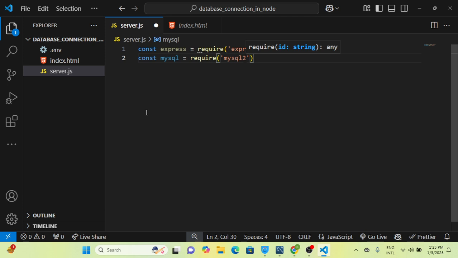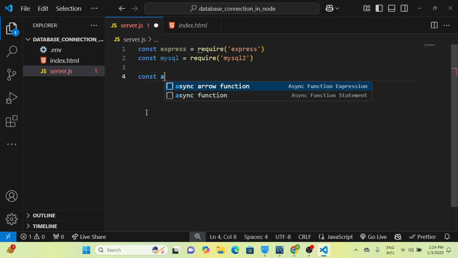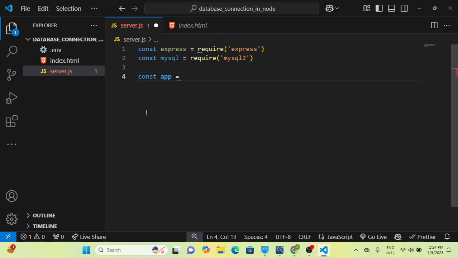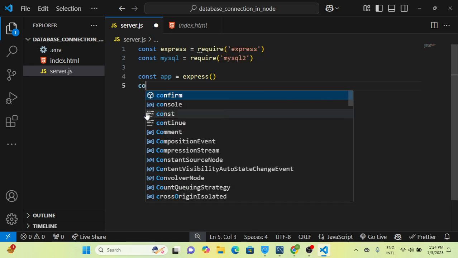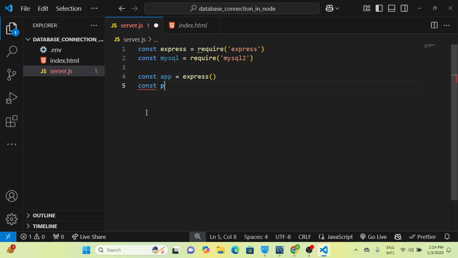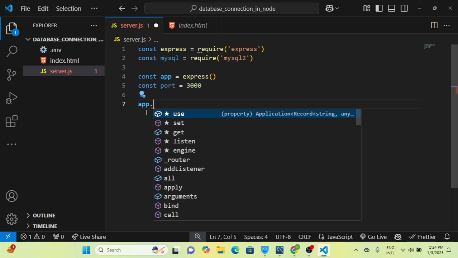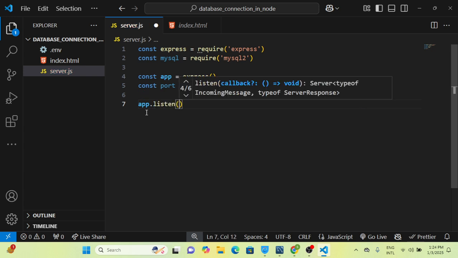By the way, MySQL is not a standard module, so we have to install that. So we will see that shortly. So we set up MySQL as well as Express, and we will set our app and initialize it with Express. Also set our port variable to 3000 and app.listen with port,